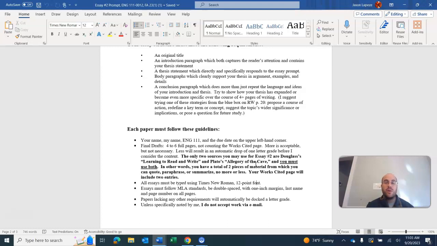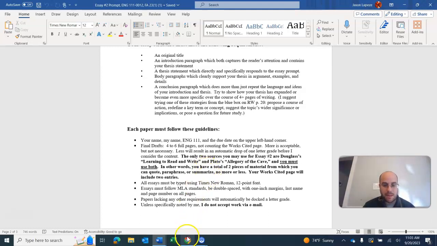In other words, if you can highlight everywhere you borrow material, everywhere you quote from Douglass and Plato, and it only constitutes about 20% of the paper, or about 25% of the paper, you're on the right track probably. You don't want to find yourself highlighting everywhere you borrowed from Douglass and Plato, and it's over 40% of your paper. Because remember, we're assuming our audience has read the sources, is familiar with them. They're looking for your original ideas, only supported by Douglass and Plato. So about 80% new material that's your own, 20% borrowed. That's probably going to get you in the right spot of how much borrowed, how much original material.